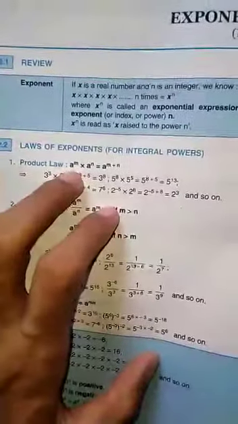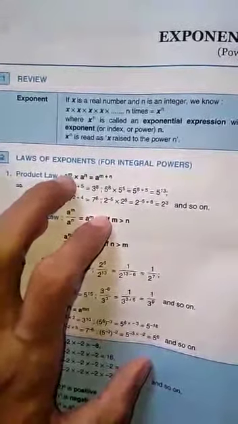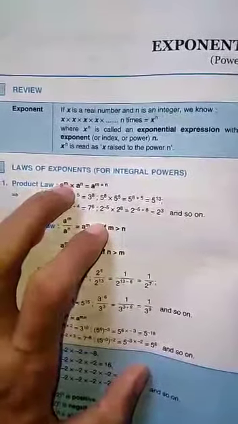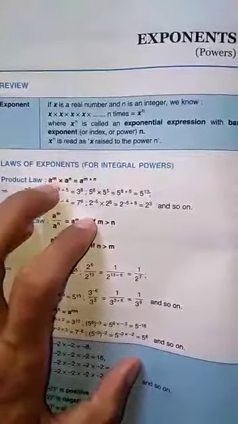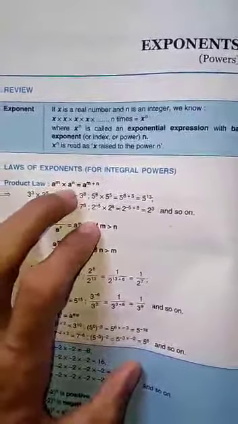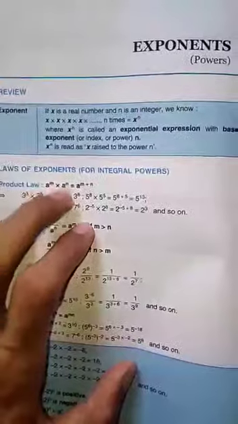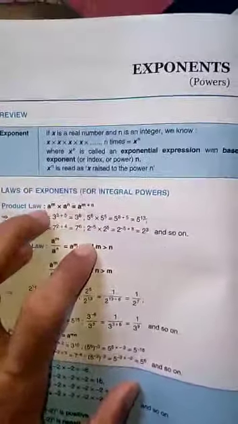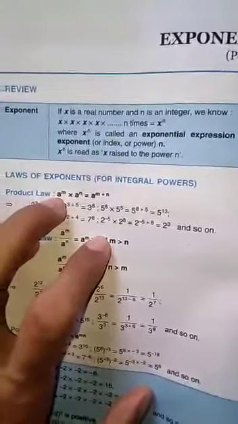Suppose a is a real number and we multiply a m times, then we can write it as a to the power m according to the exponential expression. And if we multiply a n times, we can write it as a to the power n. So what will be the case of a to the power m into a to the power n? According to the product law, if we multiply two exponential expressions having the same base, we get the same base as a result, but there will be addition of their powers.